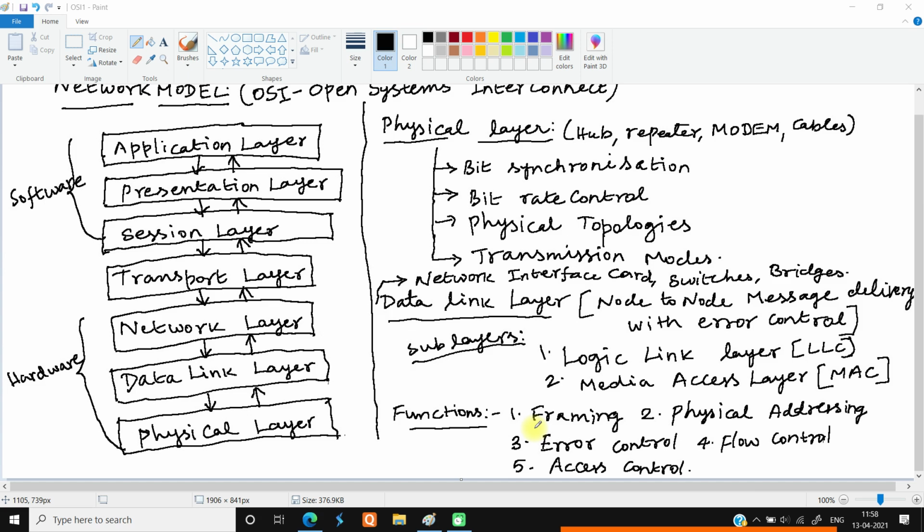That traffic is going to be controlled by the data link layer. So that traffic control is going to be said as an access control. So next we are going to see about the network layer.